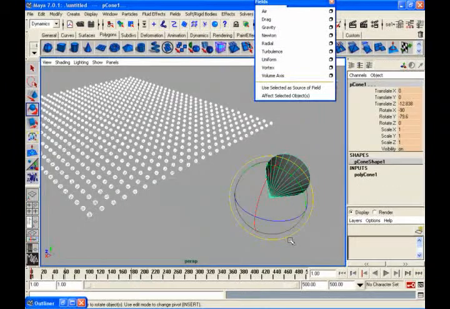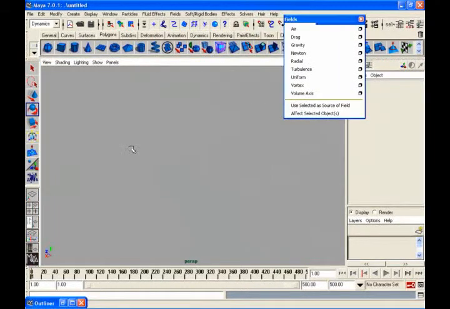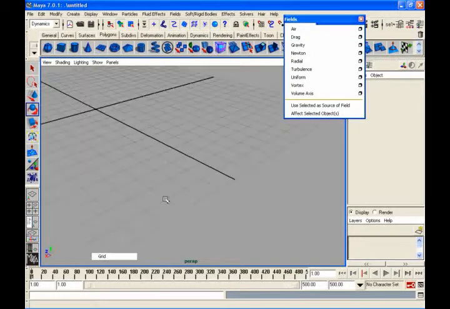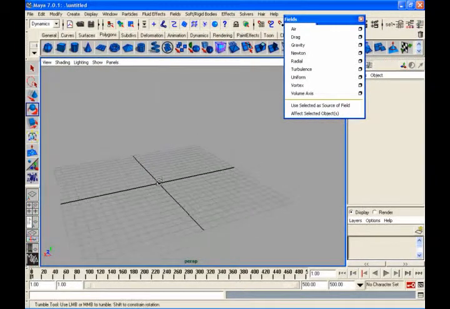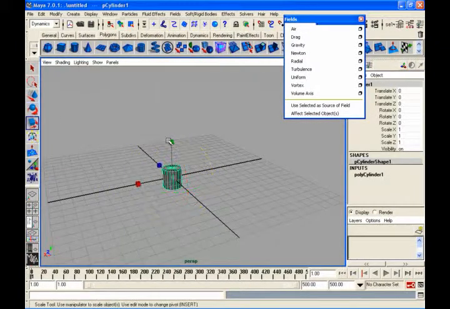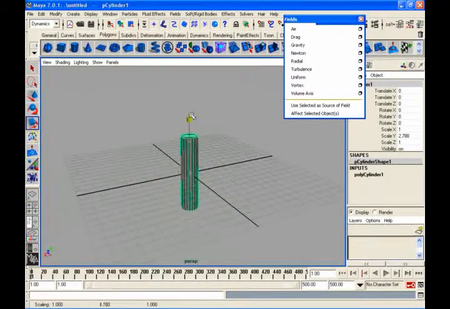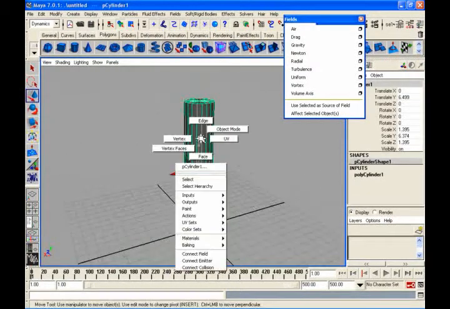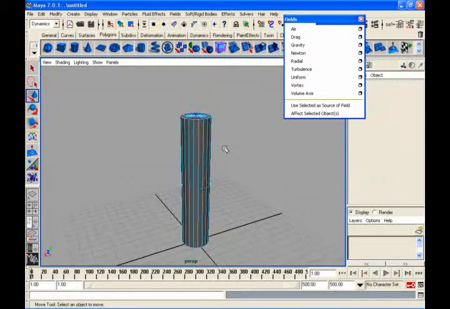Drag is something unique which will stop your action. Like you want to create smoke from a chimney.